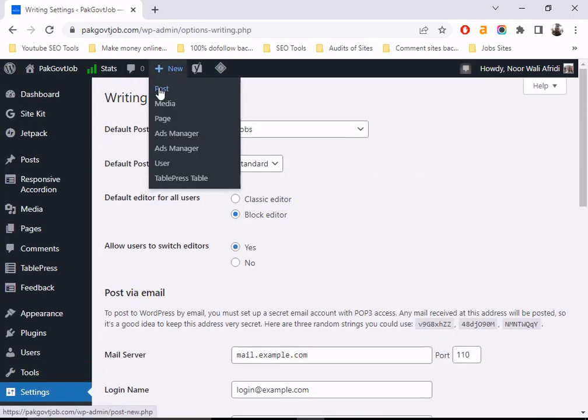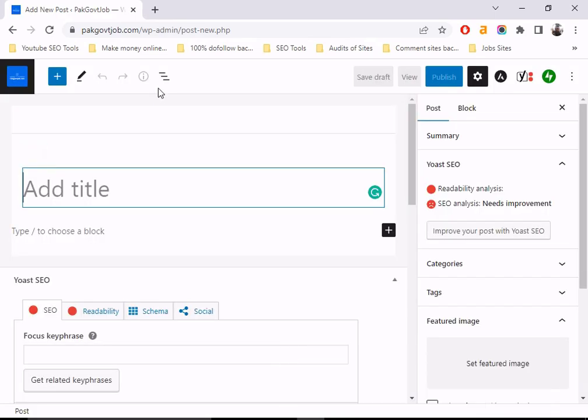So we go to our post to create a new post to use our block editor. Our block editor is open. From here you can edit your title. So I write a title, junk